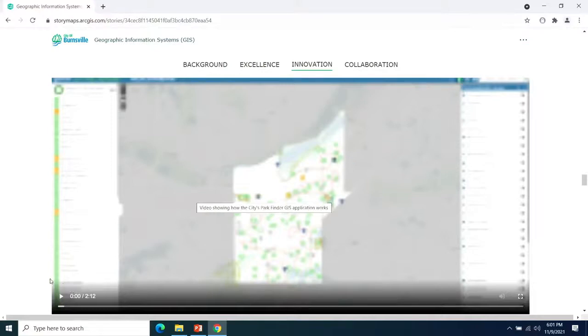This allows people to see all the parks and facilities in Burnsville and interact with the data. It's really pretty neat. We've had this for a while. It's been very well received. So I'll talk over this demo as I play it, but